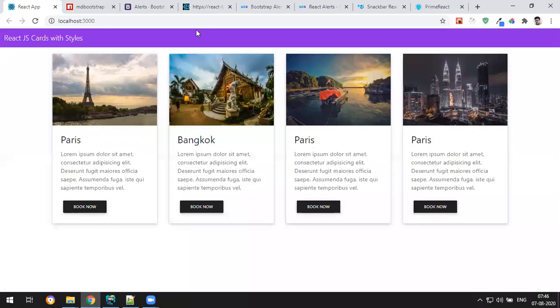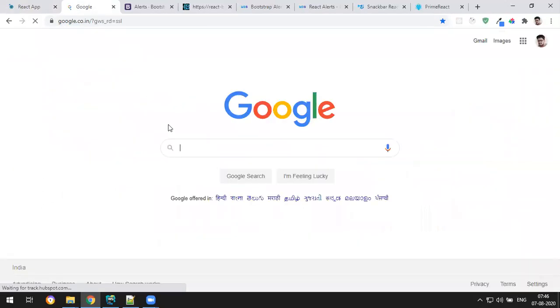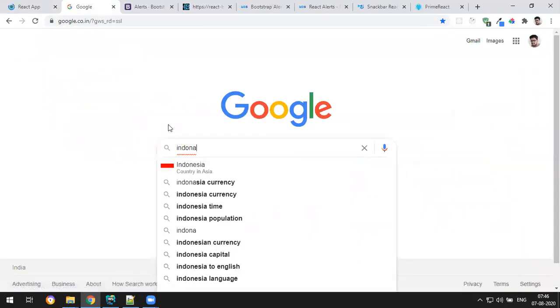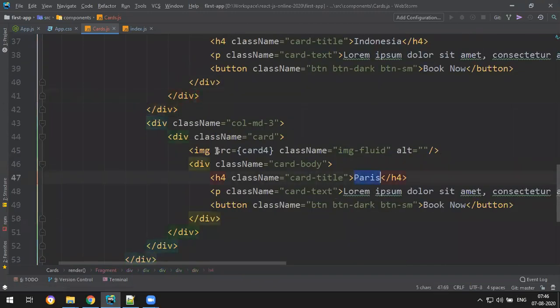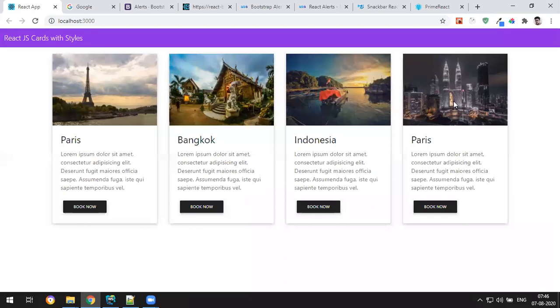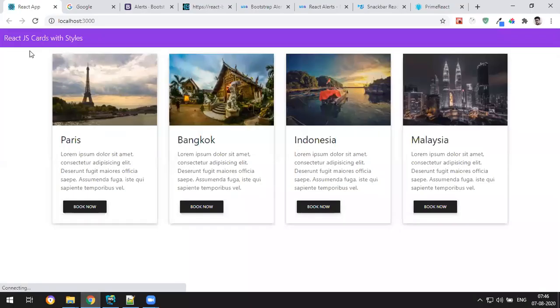Sorry, I forgot the Indonesia spelling, I just searched Google. Okay, correct. The last one I think is Malaysia something. Malaysia spelling correct. So we got four cards like this.